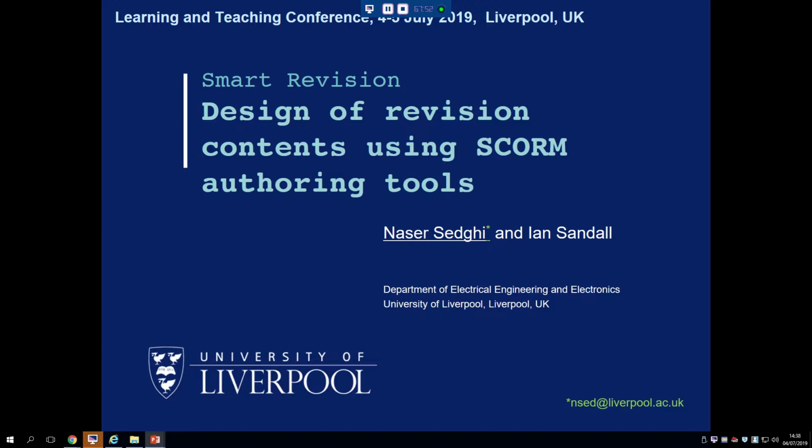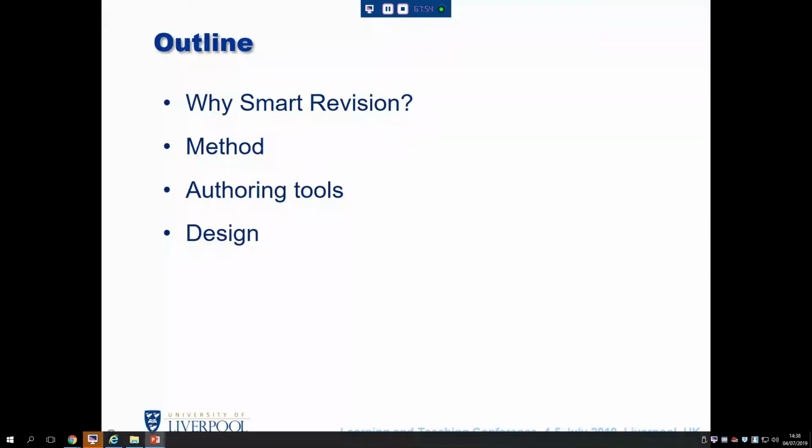And the rationale about this project is that students are overloaded by learning resources: slides, lecture notes, captured videos, online sources. There are loads of textbooks, everything. And usually they are